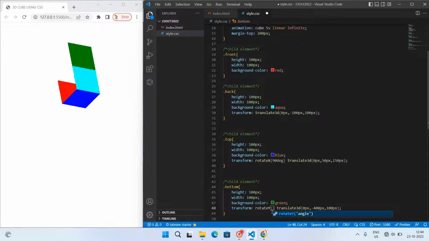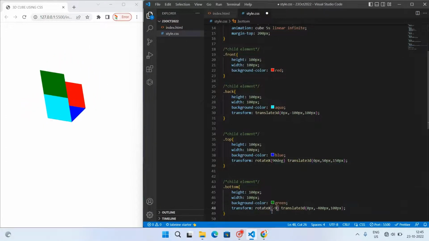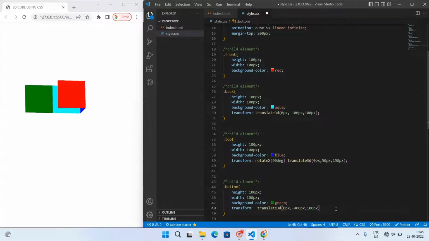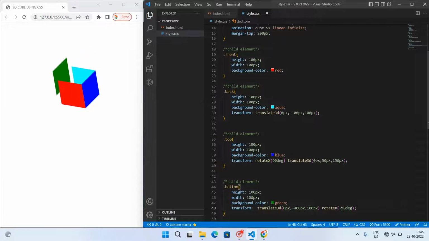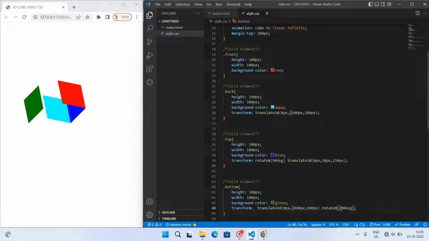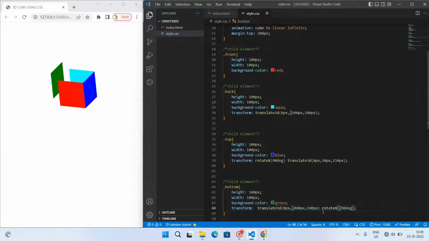So rotate it in the y direction. Minus 90 degrees. So here you can see that we have done it, but minus 90 degrees. Now minus 90 degrees is correct actually. So we need to do. Okay, we have brought it on the top. Now we need to manage the